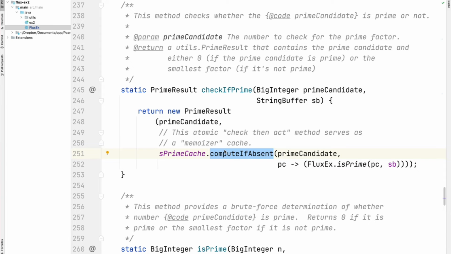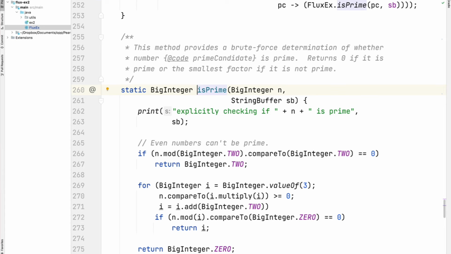computeIfAbsent is a super cool atomic check-then-act method that we use as a memoizer cache. And so what computeIfAbsent does is it goes and looks up in the ConcurrentHashMap and says, is there already a value for this prime candidate? If the answer is yes, that means we've seen it before, so it's a duplicate. So it'll just return the current value. However, if there is not a value for that particular key, for that prime candidate in the map, it's then going to call this mapper method,